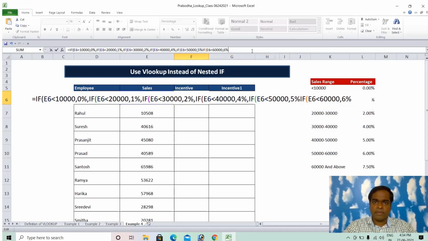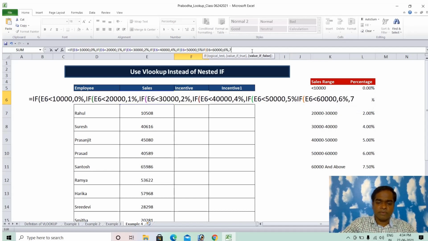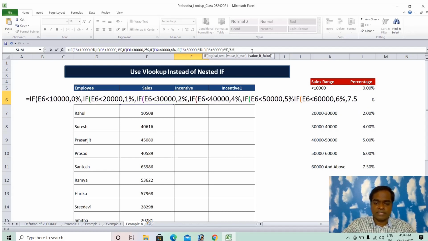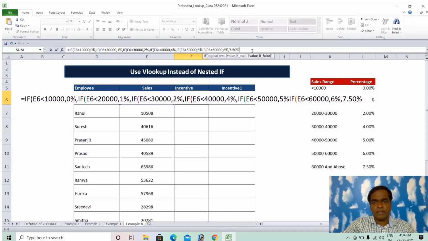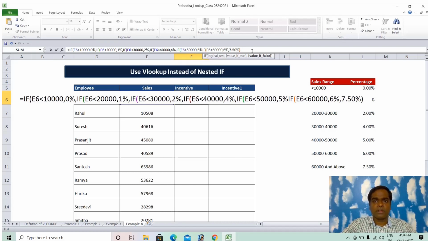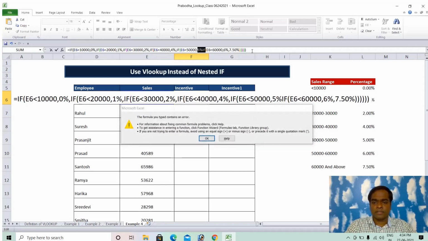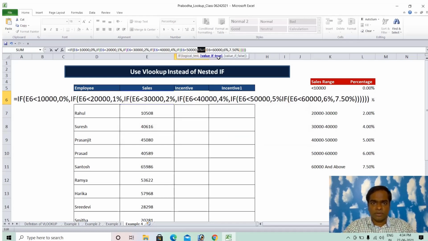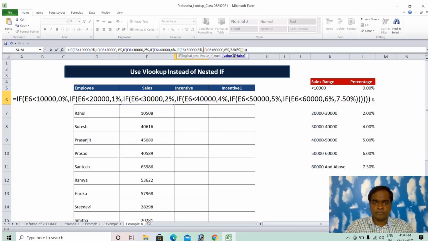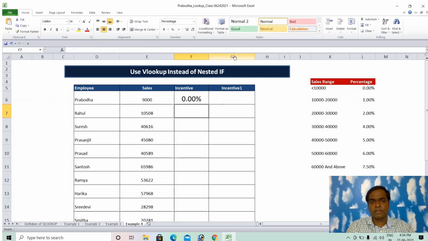If none of the criteria match, I have to go for 7.50%, that is beyond 60,000. So I have to close the brackets. However many I open, I have to close. So press enter. Sorry, here one comma is missing, then enter.